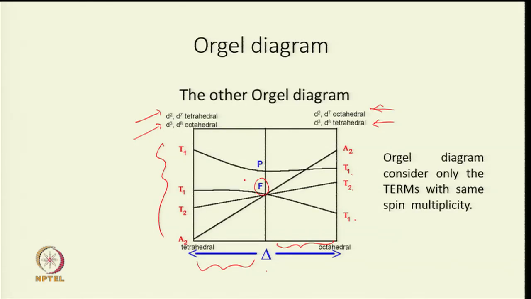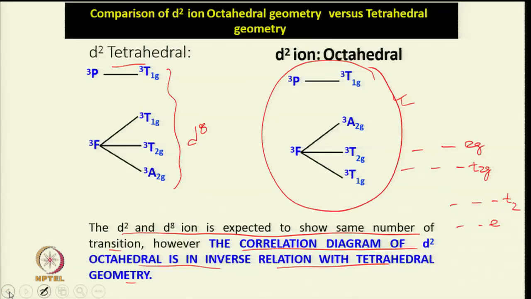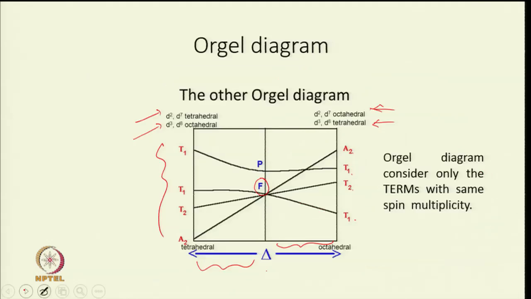So, you see this is the F term, and if you remember the F term, here you see this is D2 octahedral. So, T1 T2 A2, that is what is written, T1 T2 A2, this is in tetrahedral and this is in octahedral. So, D2 tetrahedral is here, for this F term, and P always goes into T1. So, in one diagram you can show what happens to the F term when you are in a tetrahedral field and when you are in an octahedral field.